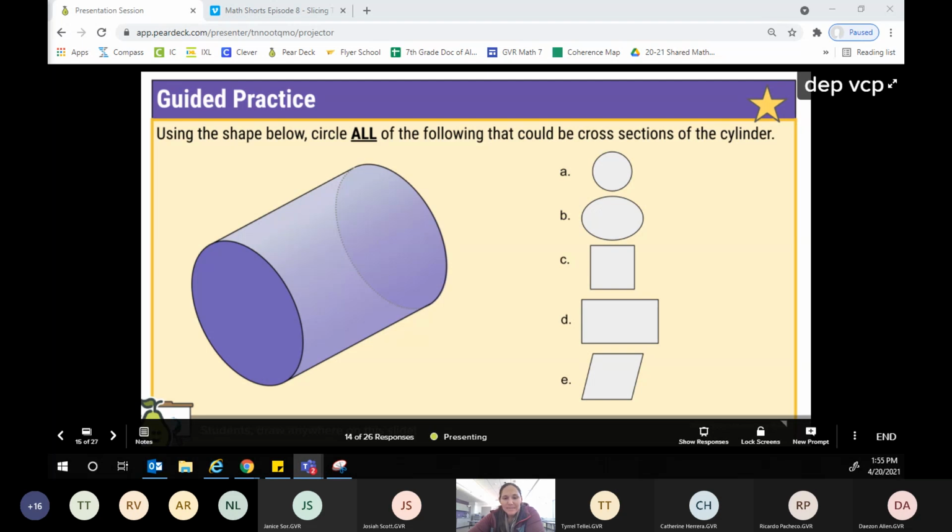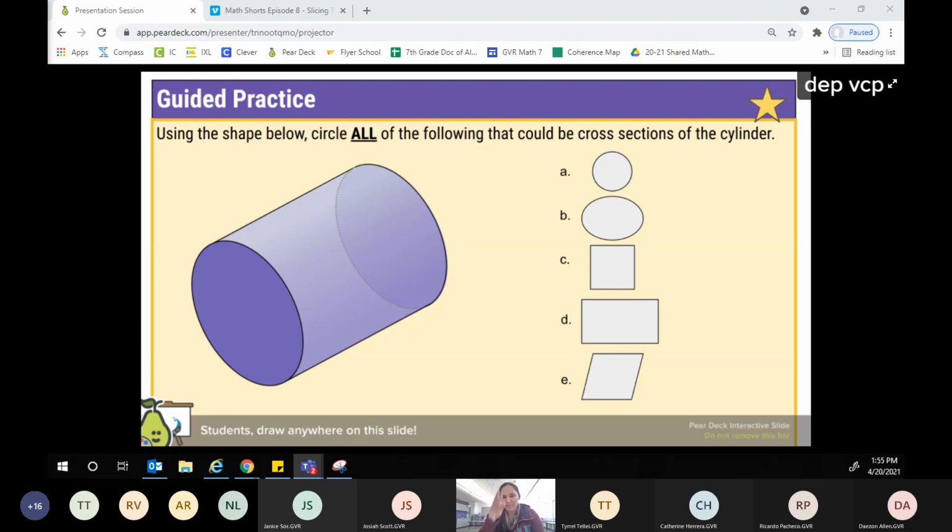All right. So let's go ahead and talk about these. A and D were the ones that I saw right away, which is good because those are horizontal and vertical, right? So let me see if I can actually draw on this to show y'all. So A is an example of,